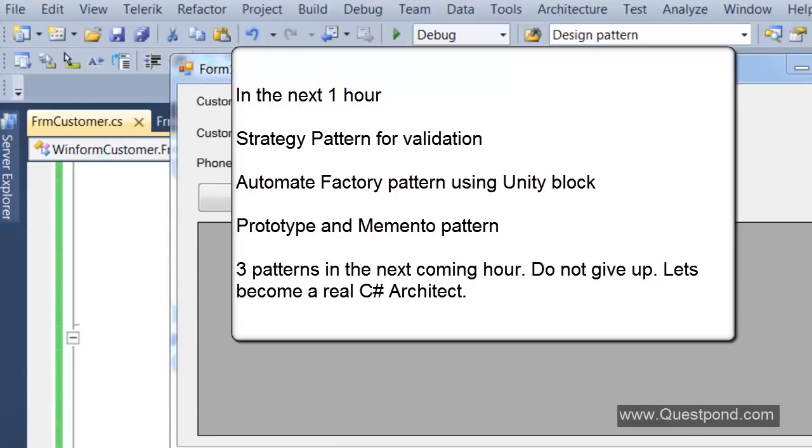So as I've said in this class also, one is the design pattern, and other is how to automate that design pattern. So also what we'll do in the coming hours is we'll try to automate that factory class. We'll try to remove that collection. We'll try to remove that lookup, right? And third, we will also implement some simple patterns like prototype pattern and memento pattern.